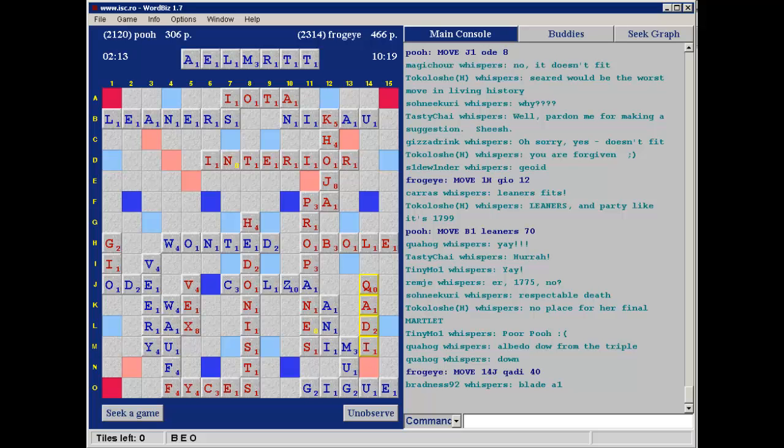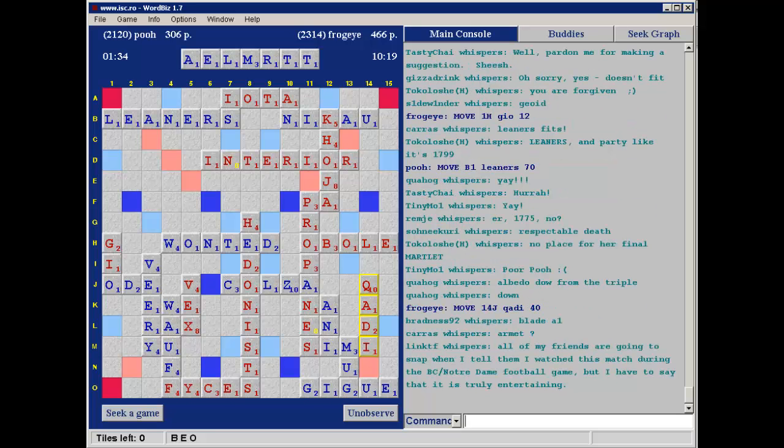And Jeff plays Cuddy and Simi for 40 points. A terrific play. Helen has Martlet on her rack, but I don't believe it will play anywhere. We have a nice comment from Link TF. All of my friends are going to snap when I tell them I watched this match during the BC Notre Dame football game,